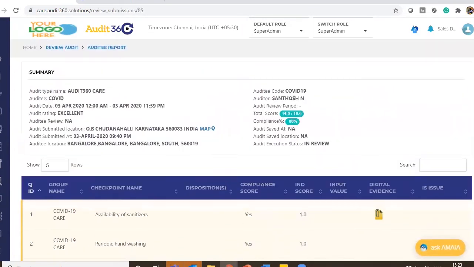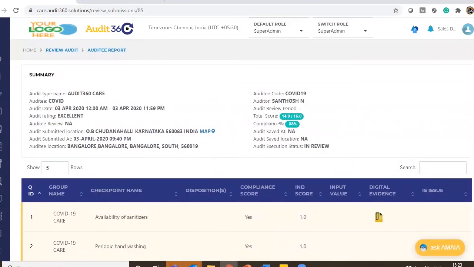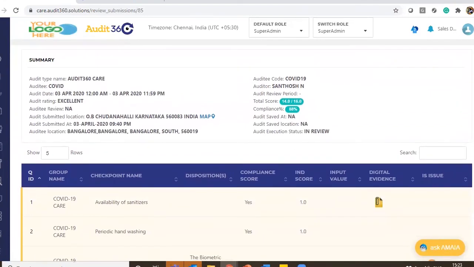This audit is actually a parent audit which has been configured with the general group. The UI would be here, where first it will have a summary. Summary will have all the schedule level information, similar to what we saw on the first page. It will also have the auditee review period, if a review period has been selected. Based on the audit we have executed, it shows the score, achieved score versus the total score, then the rating for the audit.